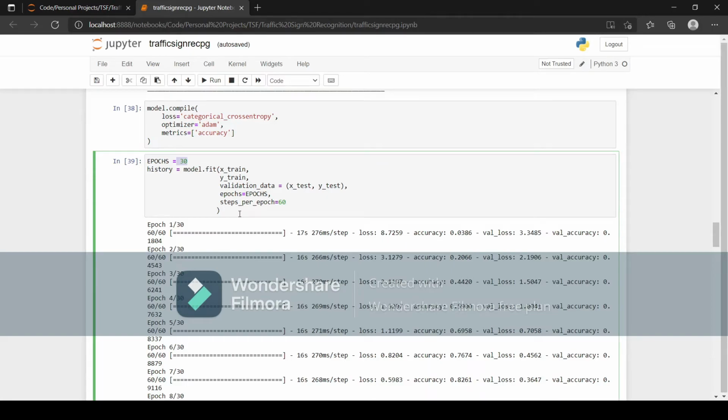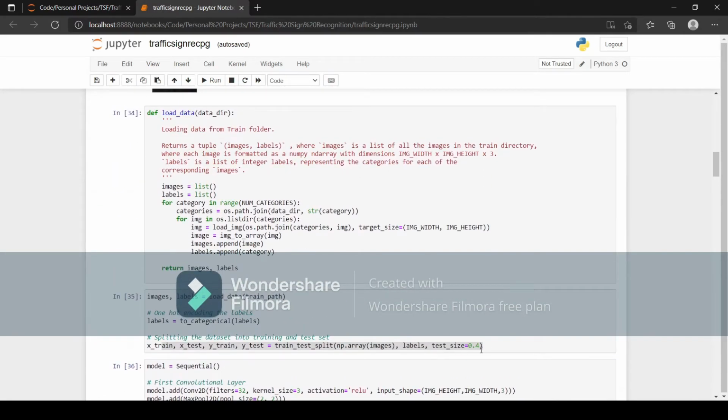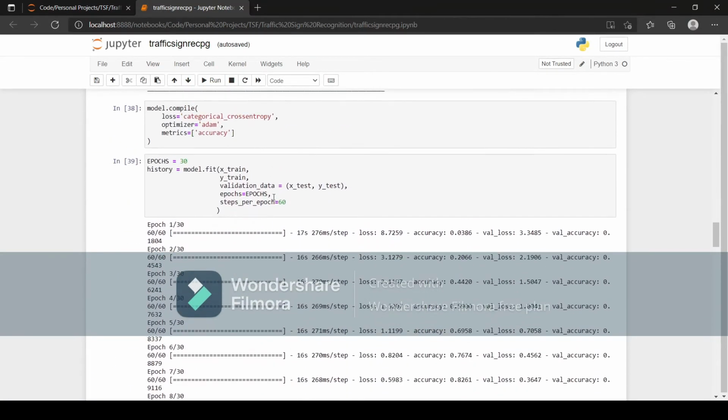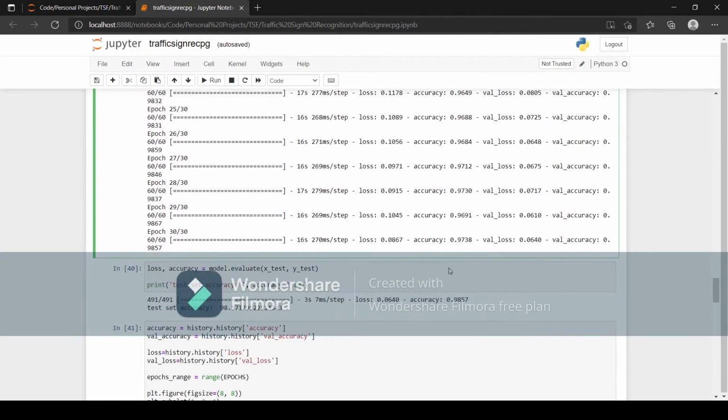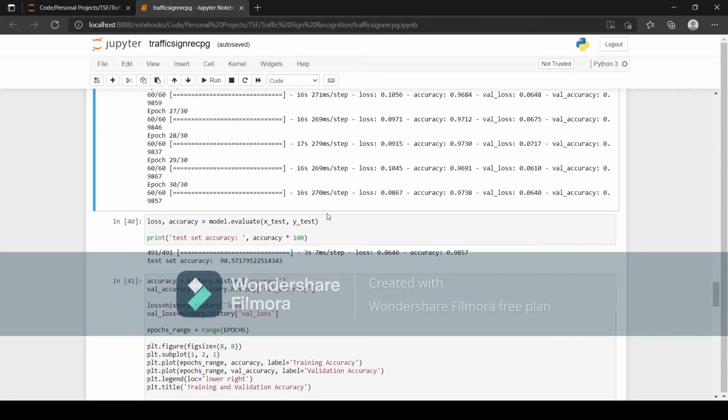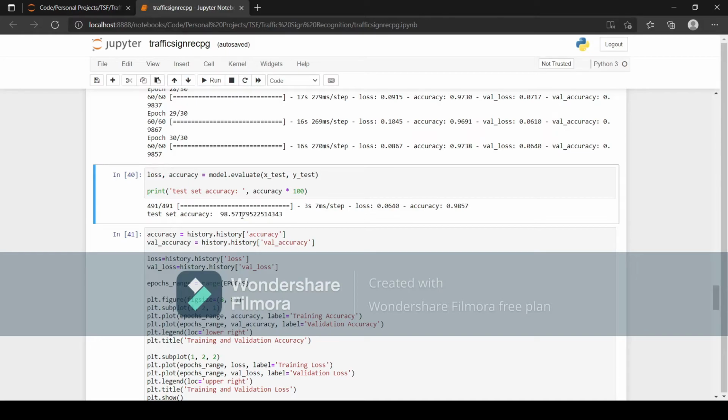I ran it for 30 epochs with the validation data as X test and Y test. You could as well just not use the train test split and use a validation split of 0.1, 0.2 or something like that. We have 60 steps per epoch, and after it stopped running, we had an accuracy of 97% and a validation accuracy of 98%. Yeah, so the test set accuracy was